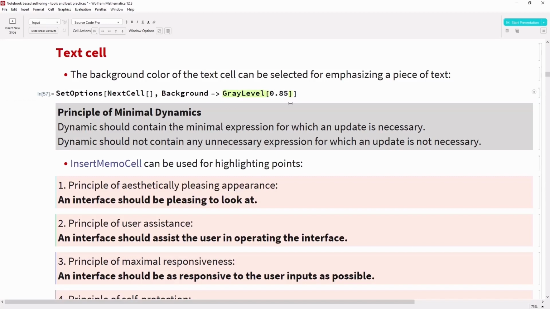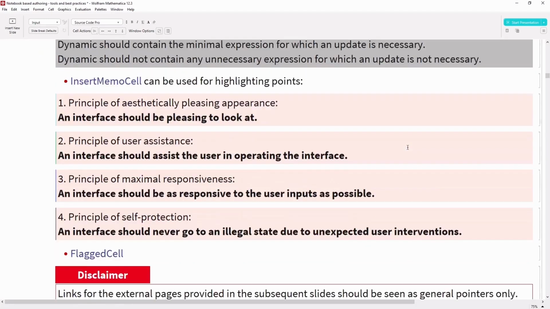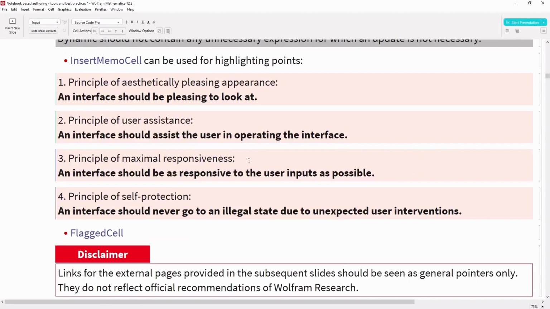Let us change a particular setting and slightly modify the color. For that purpose, you can make use of the InsertMemoCell resource function, which can be useful to highlight points such as this.